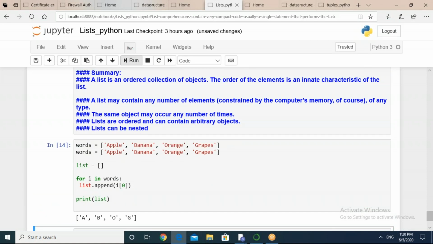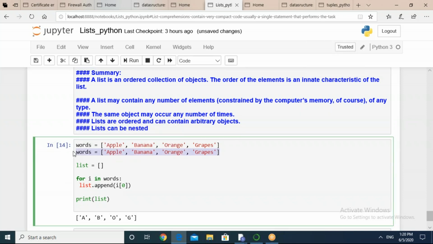Well done. I have taken from Shiva, I think he has written, and most of you have responded the same. Those who are unable to do it can see the answer, what we have done. We have taken an empty list and then used a for loop, for i in words.